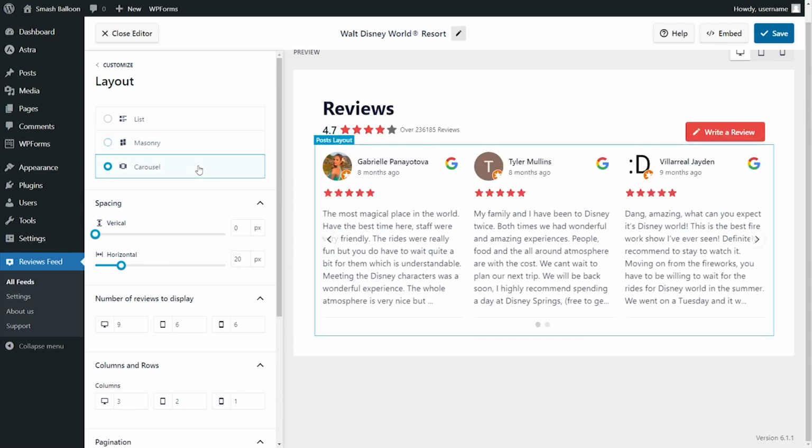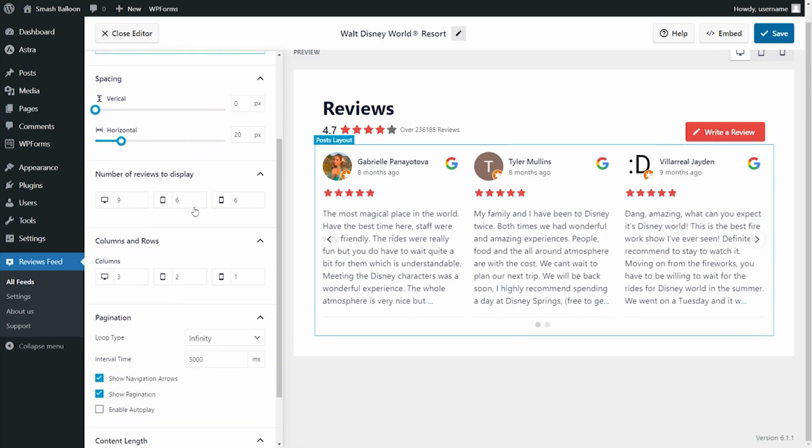Again, we're going to stick with the carousel layout, and just below that, we can specify the number of reviews we want to display on our reviews feed, as well as the number of columns we want to display on desktop, tablet, and mobile as well. If you make any changes to the layout of your reviews feed, go and click on Save on the top